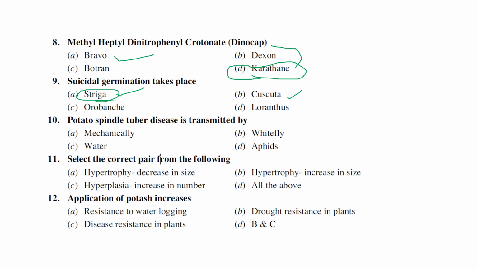So potato spindle tuber viroid is generally transmitted by. First of all, we need to understand potato spindle tuber is a disease that is caused by a viroid. You remember, so far 40 viroids have been discovered, might be more also, as far as my knowledge. All viroids contain genome as RNA, single stranded RNA, and all the viroids are transmitted by mechanical transmission only. There is no other means of transmission discovered in viroids.